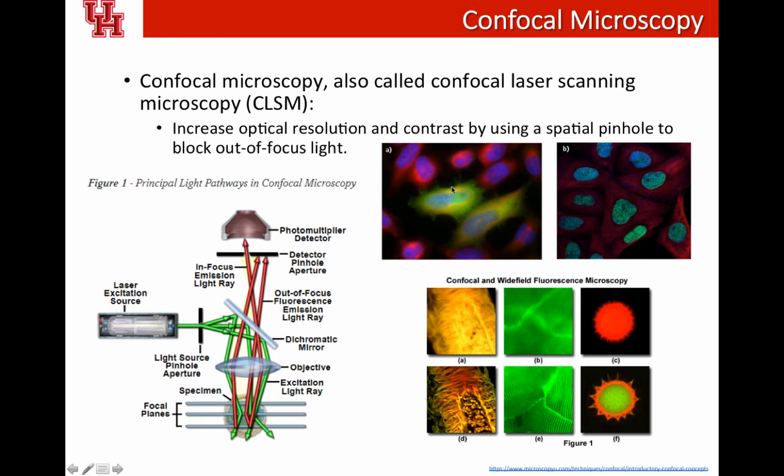So you only collect the sample signal from a really small region, a really small point, and then you need a really high sensitivity detector. You don't have to have a CCD camera, but you need a really high sensitivity detector. So you can use a PMT, right? There's a PMT, the photomultiplier detector, and you can also use the avalanche photodiode as a detector, and then you really quickly scan